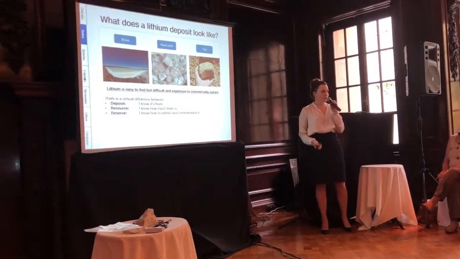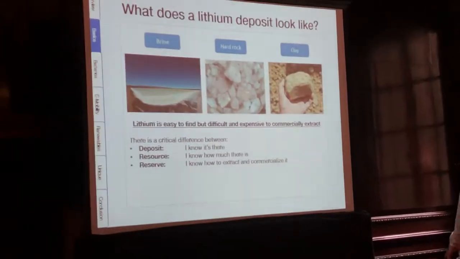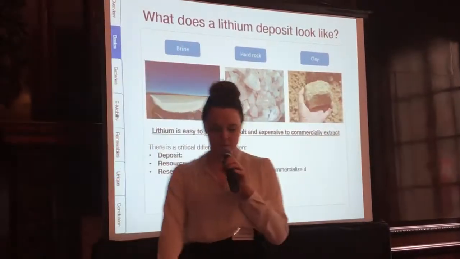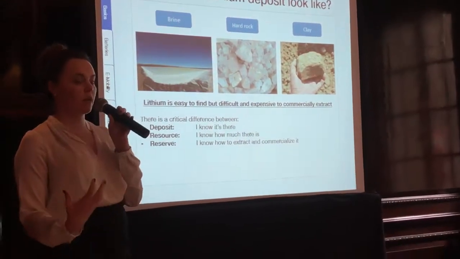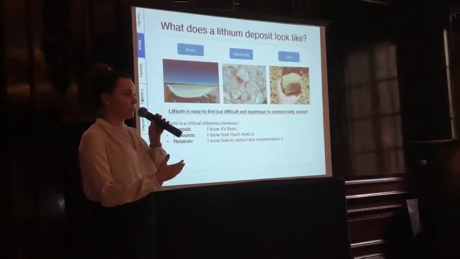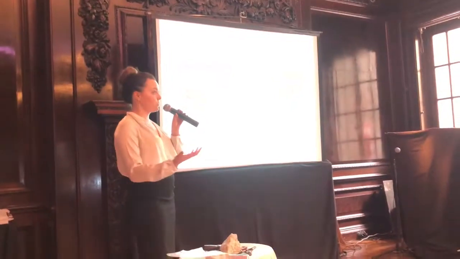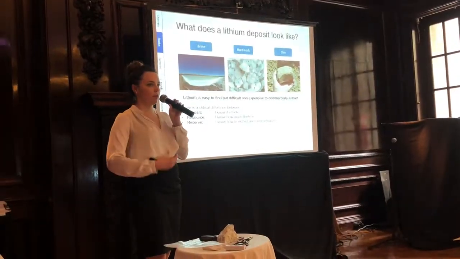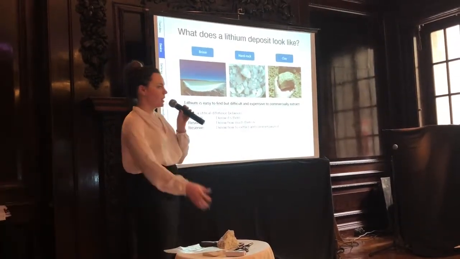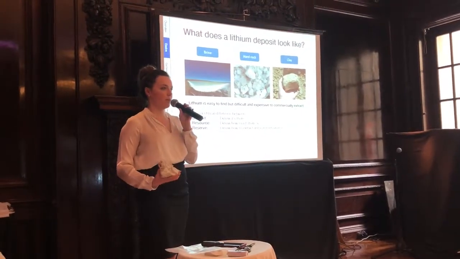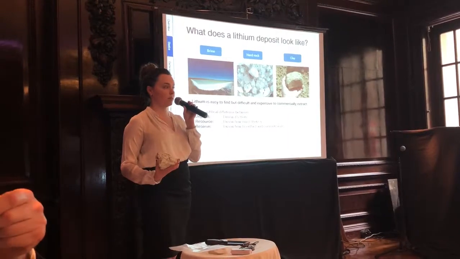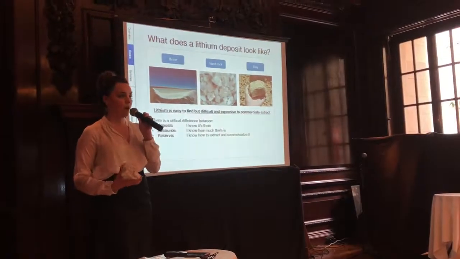So the next question is, what does a lithium deposit look like? I brought lithium in brine, which is what we're usually talking about in Argentina. Brine is salmuera, and you'll see that when you buy olives. Brine just means a salty water or an electrolyte liquid substance. Argentina's brines are located underground in the northern provinces of Salta, Jujuy, and Catamarca, under the salt lakes